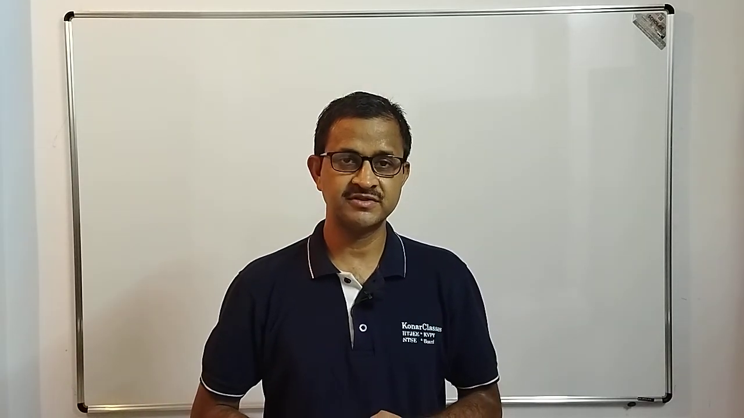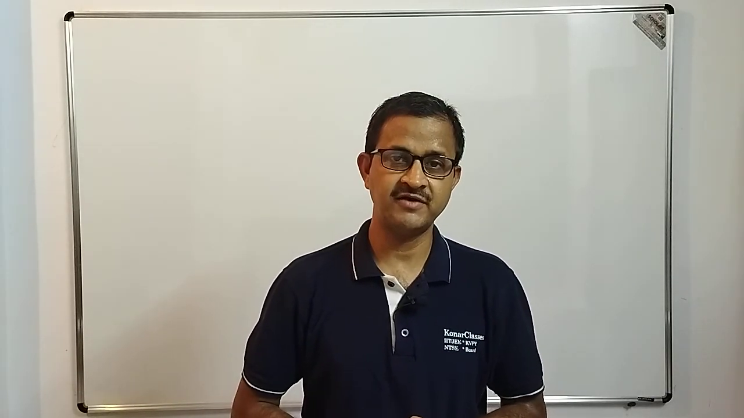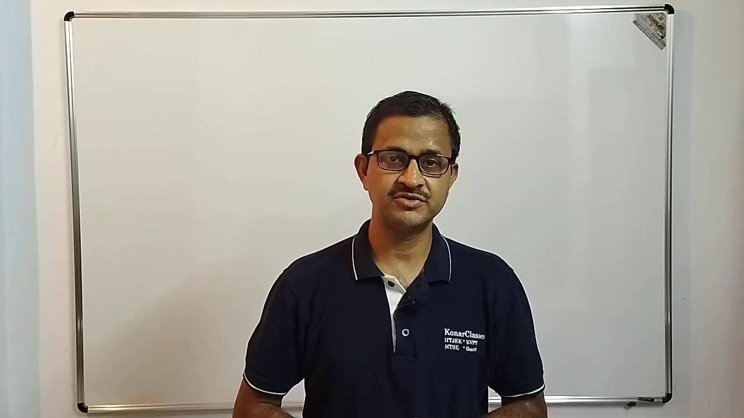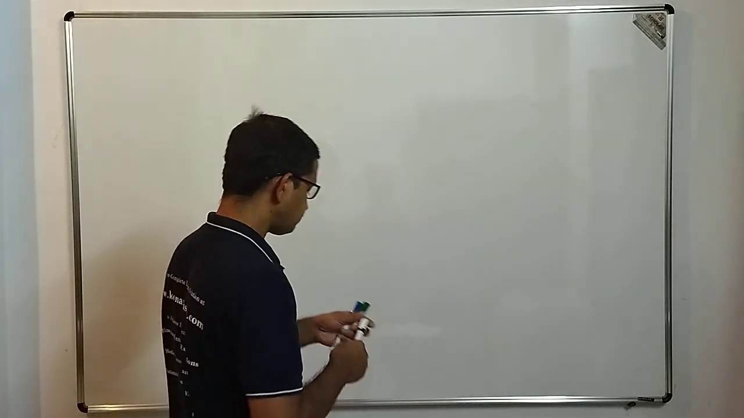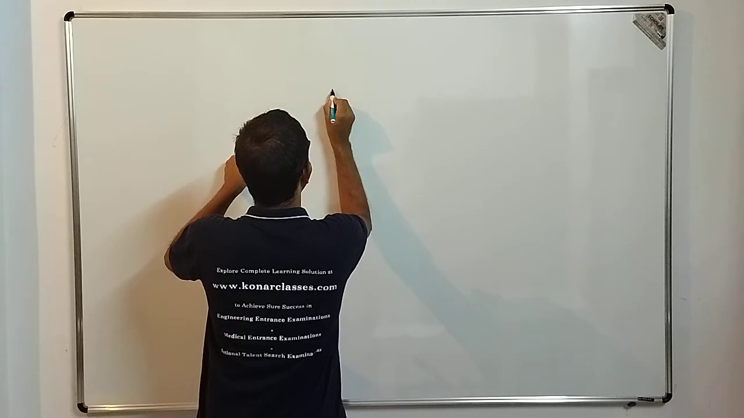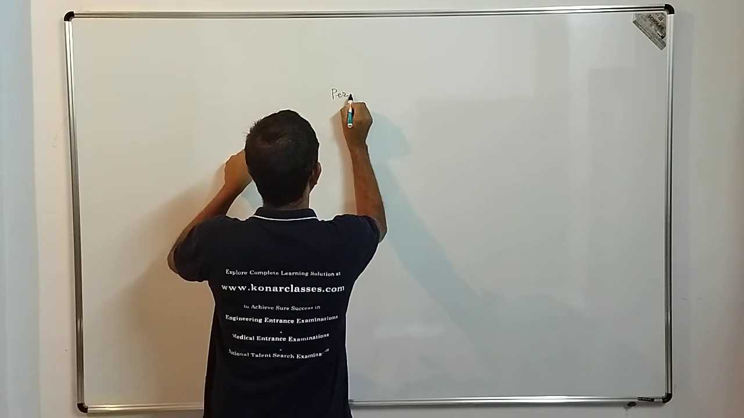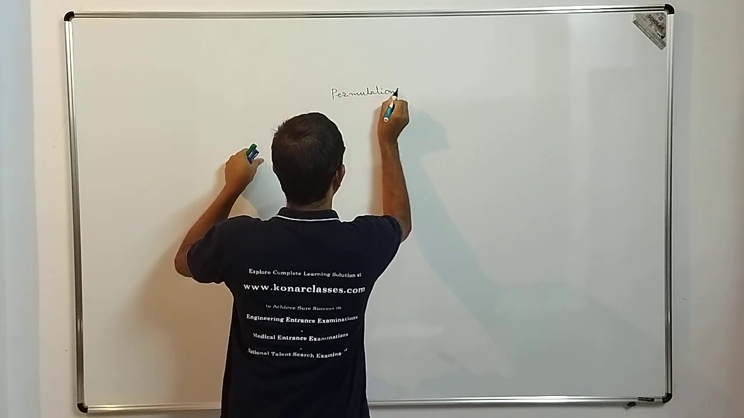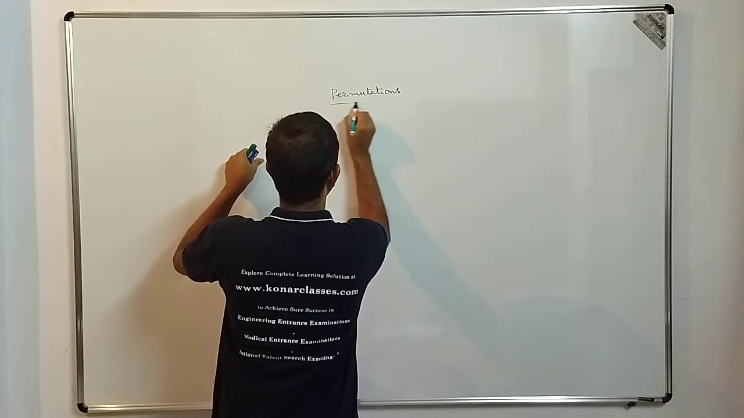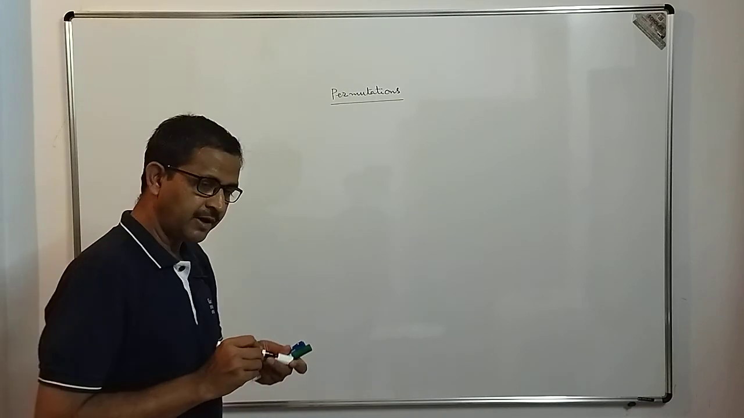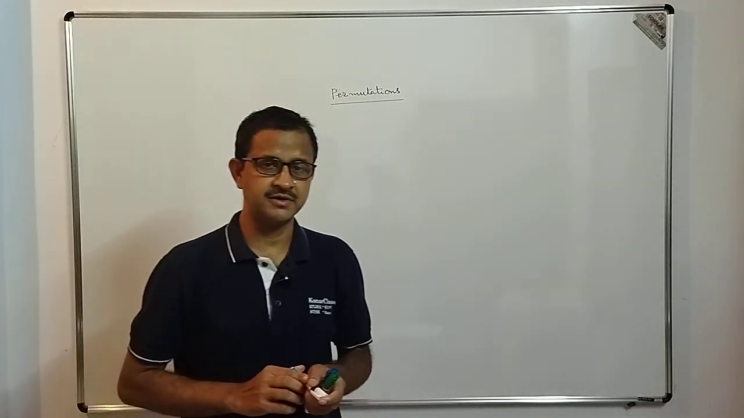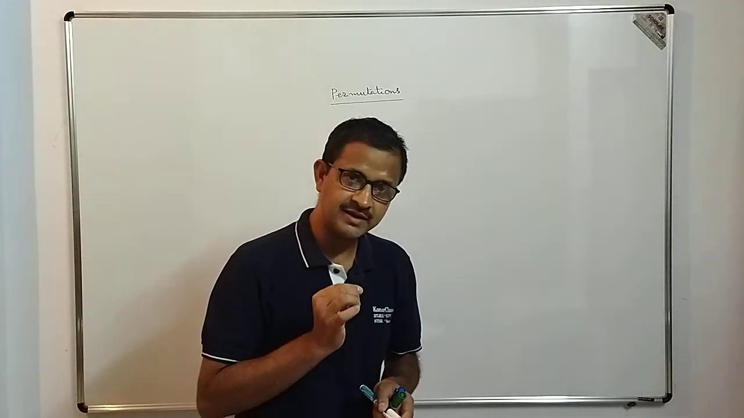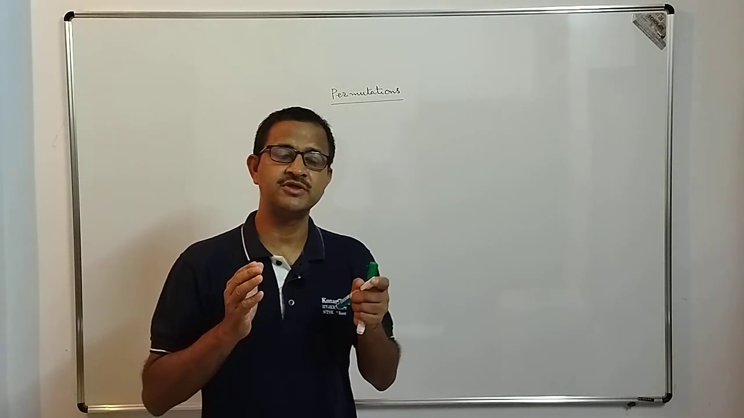Today we are going to discuss the formula derivation for permutations. In permutations, as we have learned earlier, if there are n objects and from these n objects